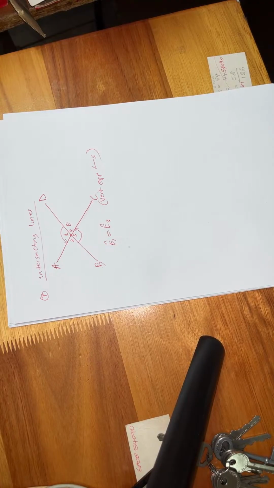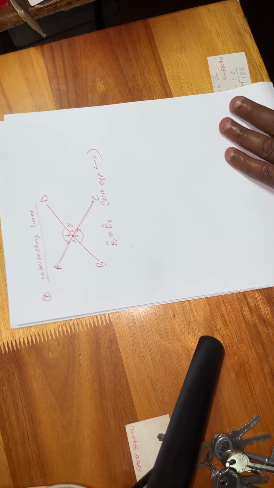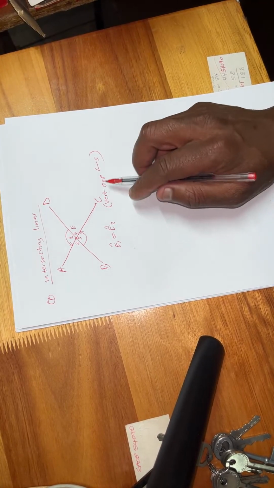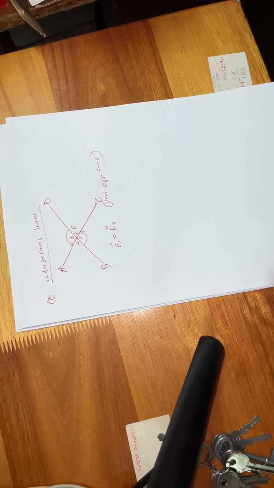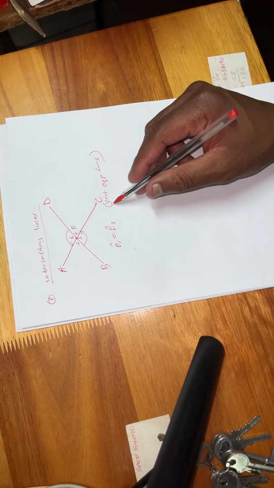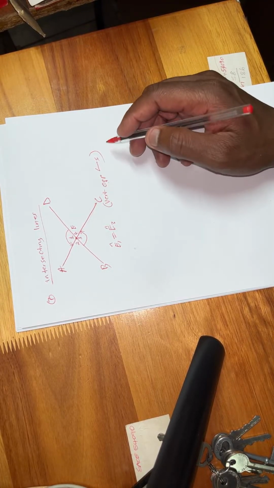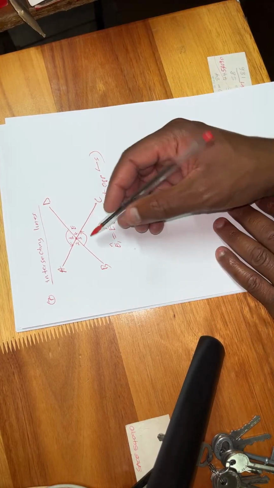Vertical opposite angles. Even if you don't tell them that they are equal, we know that the vertical opposite angles are equal. So the reason you write as a shortcut is vertical opposite angles. The very same thing applies to